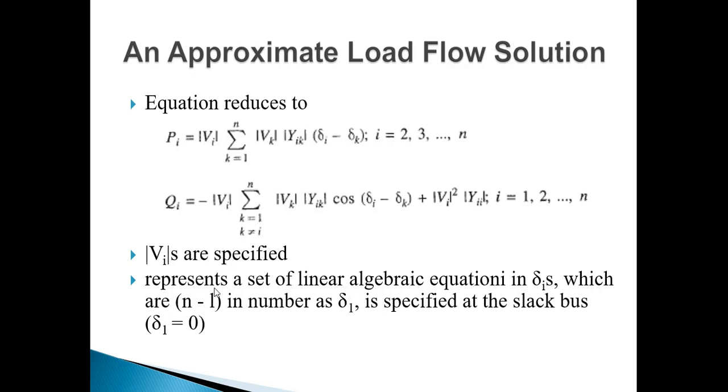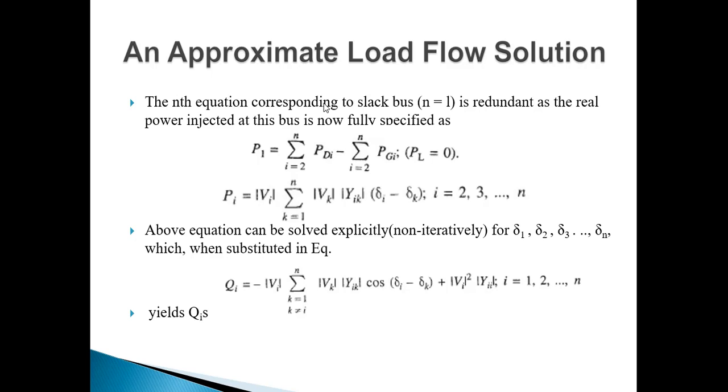Okay, now these two represent a linear algebraic equation of delta i's, which are n minus 1 in number, as delta 1 is specified at the slack bus, delta 1 is 0. Then one of the deltas is being specified already as 0. The nth equation corresponding to slack bus, n equal to 1, is redundant, as real power injected at this bus is now fully specified. The equation of the slack bus will be neglected, because we already know what could be the value of the power, because